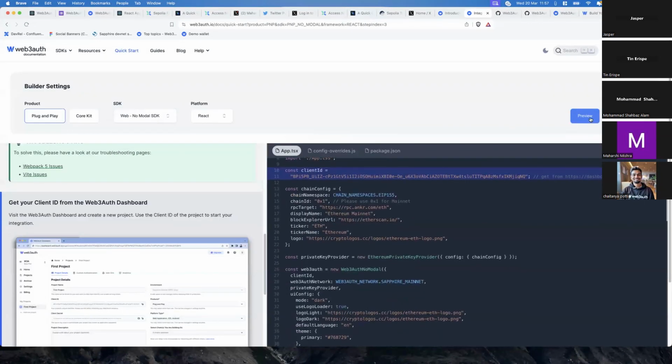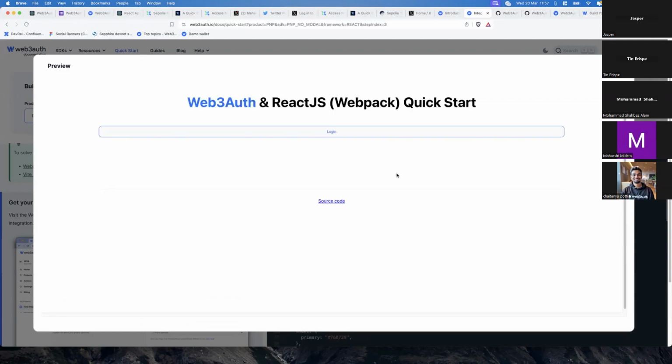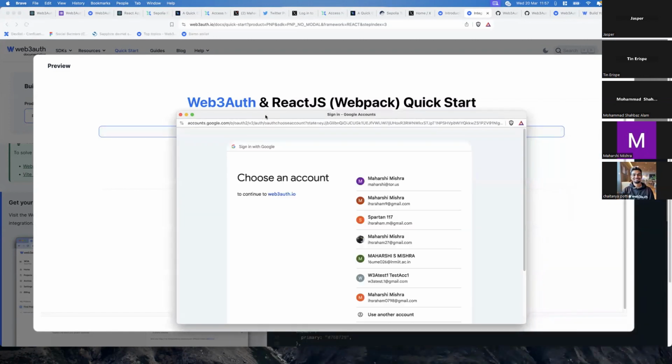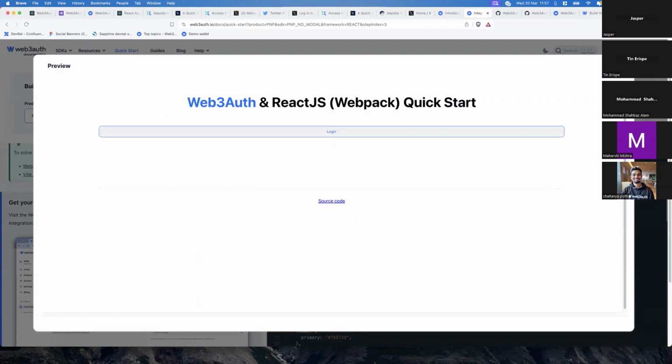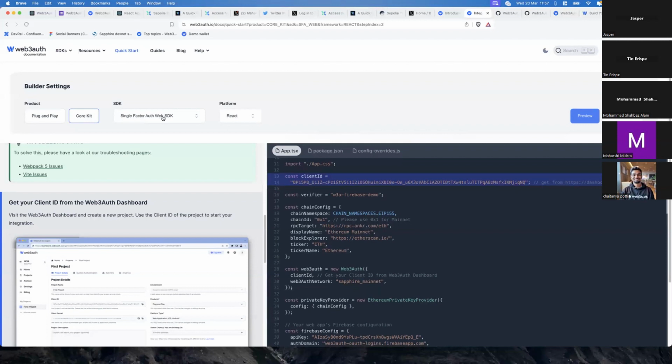So here you have the customizability to use a button based on clicks, right? So I think this will directly go to Google or something. So now you don't get that particular UI out of the box. So you can design your UI however you feel. So this is PNP. But when you talk about CoreKit, then CoreKit allows you to add more customizability to it,